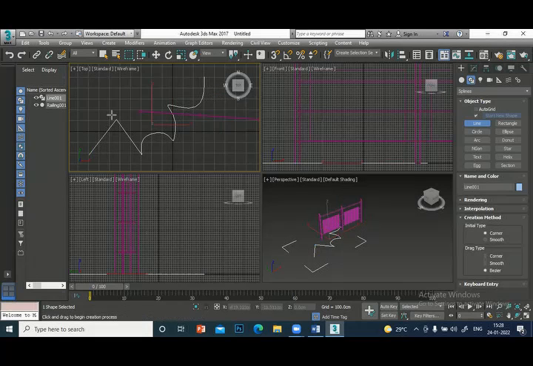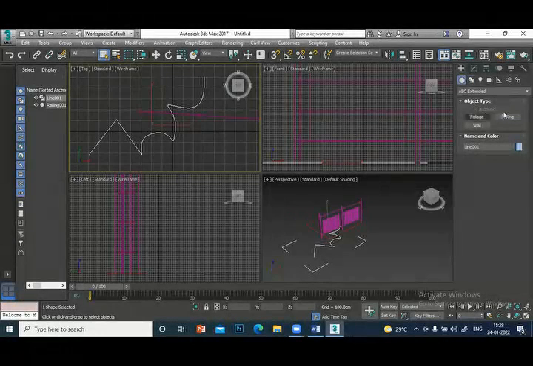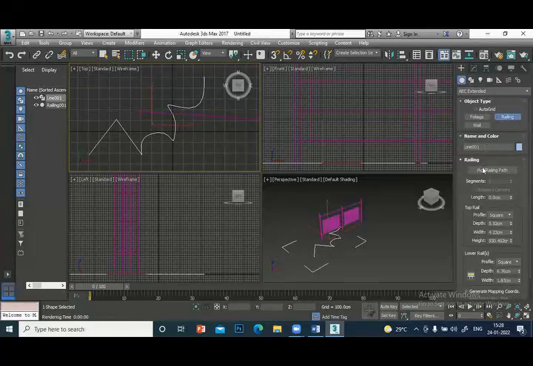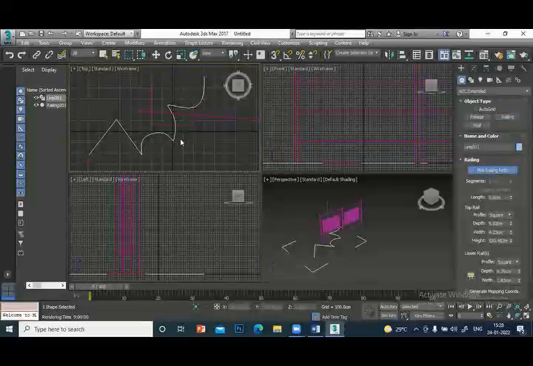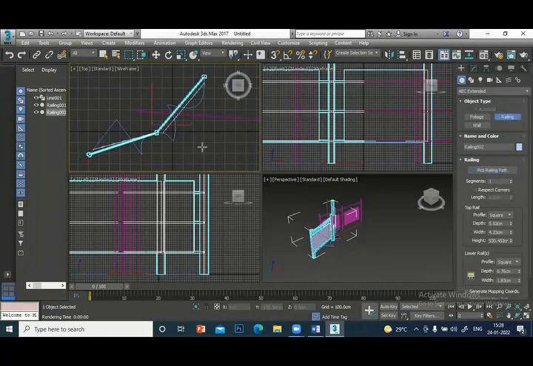I want a railing in this path. I can use it. Railing. You see here, railing. Pick railing path. Click this railing path and click. You can see the railing has come.